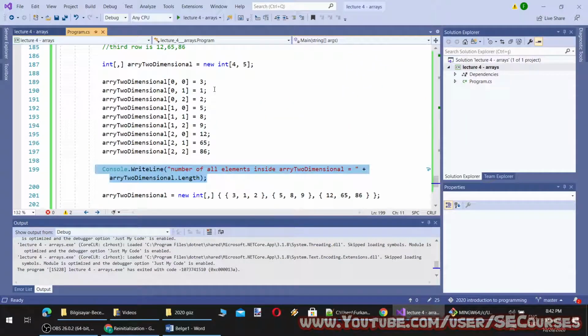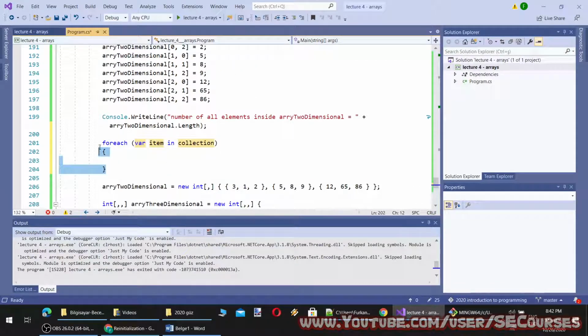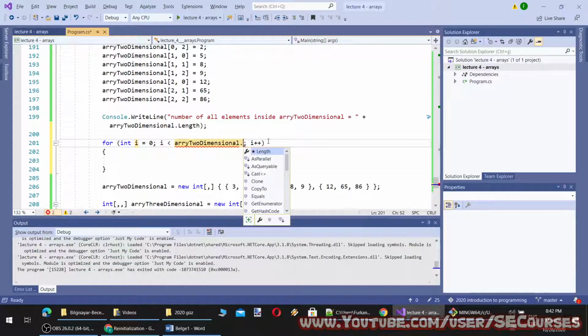But what if I want to iterate, let's say, last values of each row? How can I do that? I can do it like this. Let's say I will say 4 equal to 0 and length will be equal to the first bound.